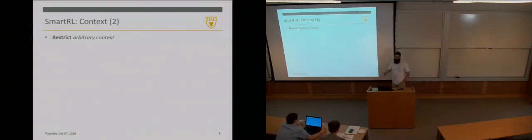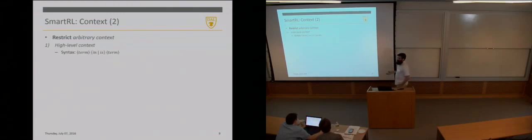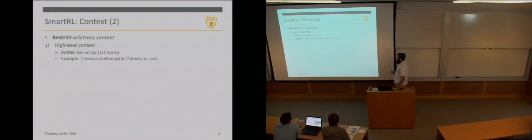So this is with regards to restricting the user context. You would, of course, also want to restrict symbolic context of any kind of entity, and this can be references to high-level context or low-level context. Currently what we support with high-level context is whether an entity is currently inside of somewhere or has a current state. So that's the is part here. For instance, here we say the device is located inside the room that the user is currently in, at room. Obviously you can nest these expressions. And this device should be in the on state.